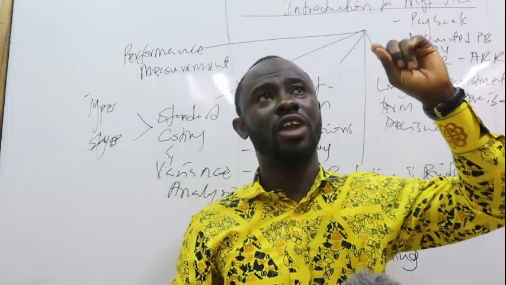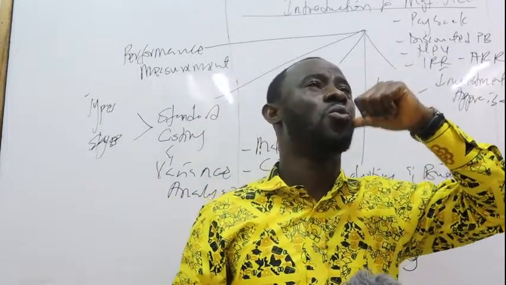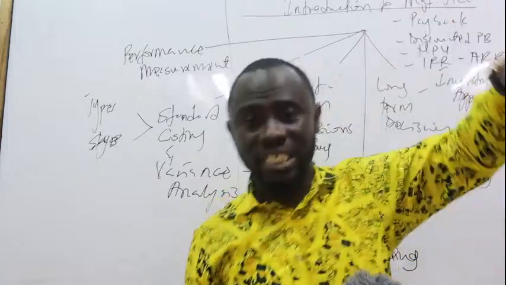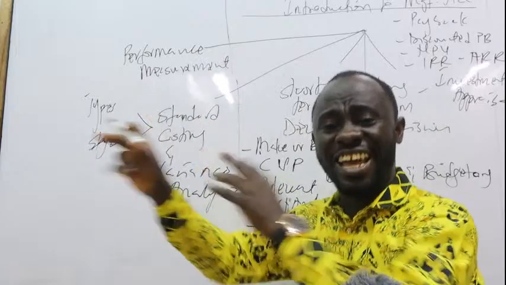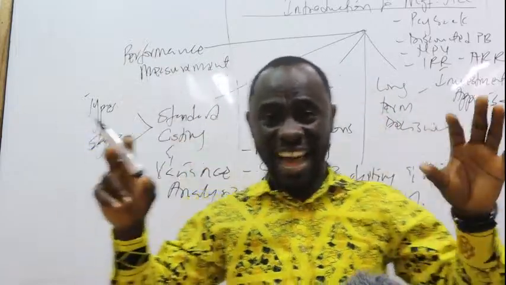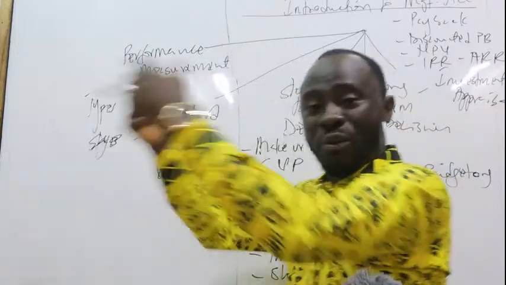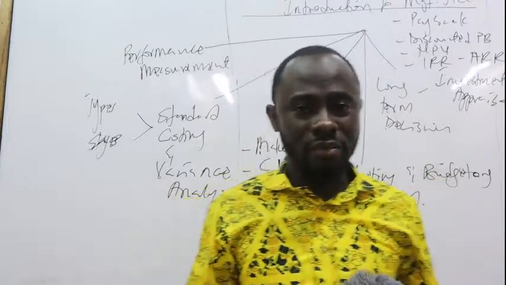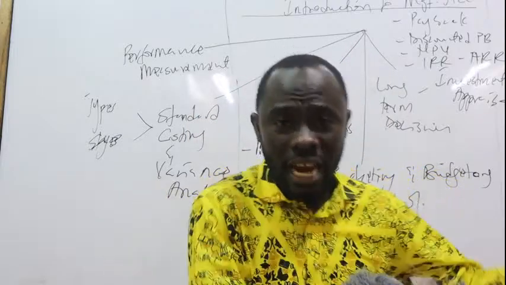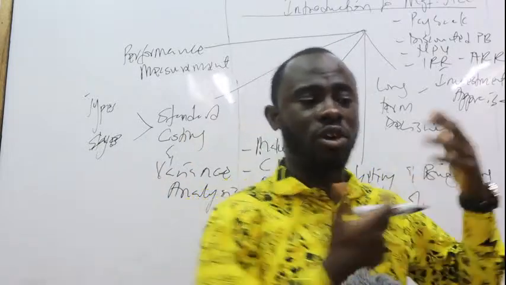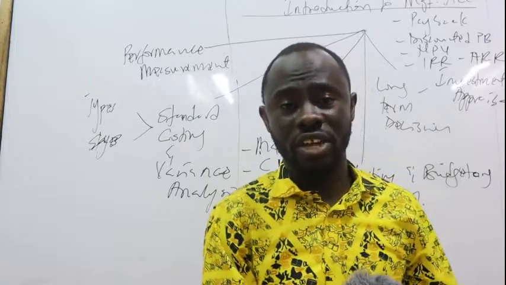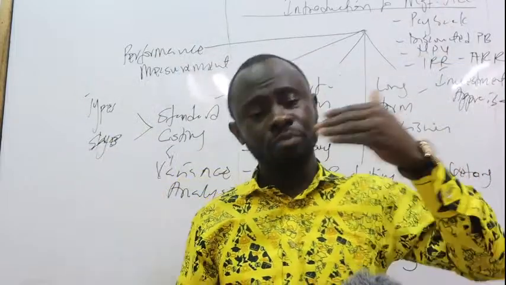the material, what's the other one? Mixed variance, material yield variance, material mixed variance. So you've got to understand the breakdown of all of these items there under the material. Now, when we come to labor also, the same thing is going to happen. We're going to look at the labor rate variance, the labor efficiency variance. Then we're going to look at the ideal time variance as well when you are dealing with the direct labor